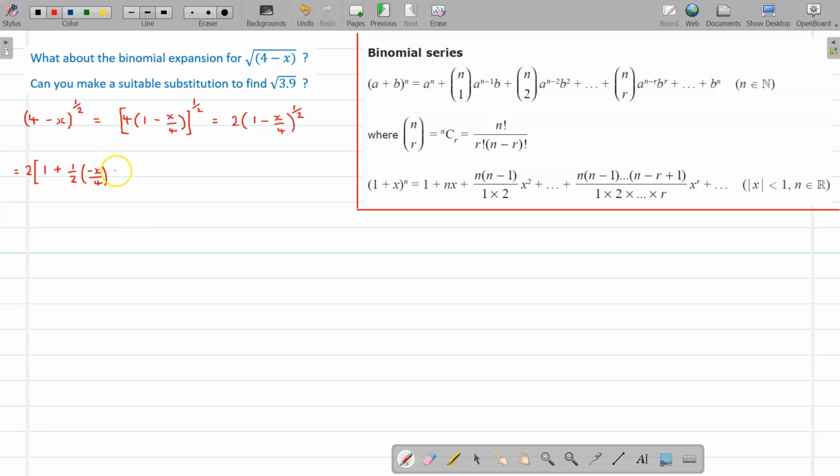Okay? 1 plus nx plus n, which is a half, times n minus 1, which is minus a half, times x squared, so it's negative x over 4 squared. Okay? And all of that is over 2 factorial, or 1 times 2. Okay? I'll just do that as a whole fraction like that, I think, because it makes it